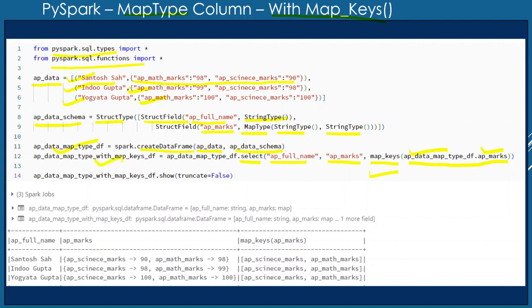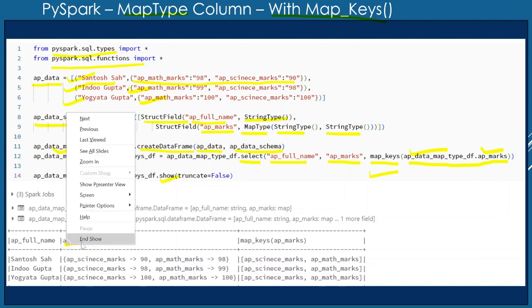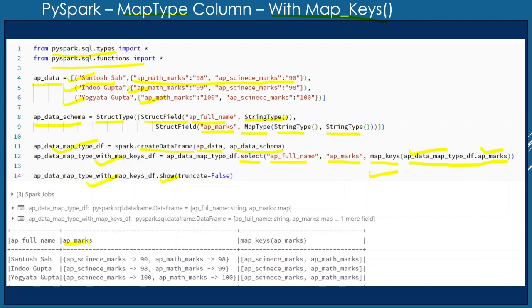When this data frame gets generated, we apply the show function to see all the data which is present in this data frame. I have also captured the output of the code which we have written above. You can see AP marks is a map type, so data is stored in the form of key and value.